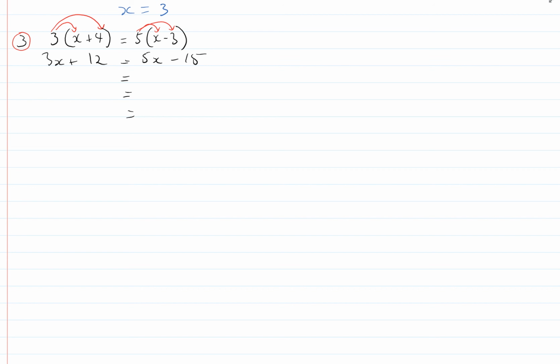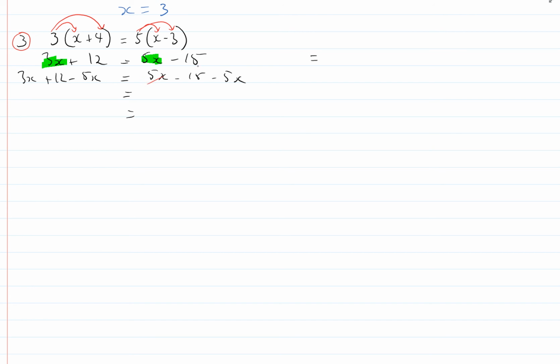But this one's a little bit different. The problem is that I've got more x's on this side than I do on that side. So there's two ways I could do this. I could just get them all on the left hand side if I wanted to by minusing. Let's do it two ways, hey? So I could minus 5x from both sides: 3x plus 12 minus 5x, and 5x minus 15 minus 5x,